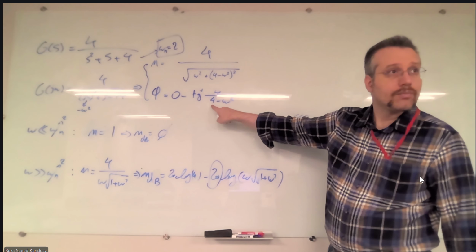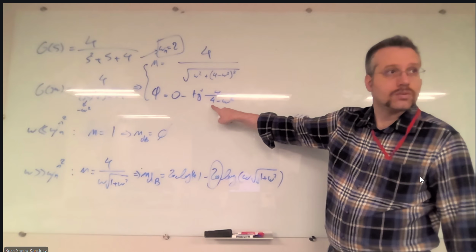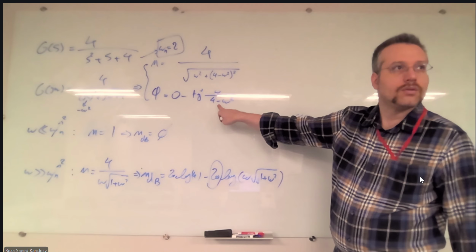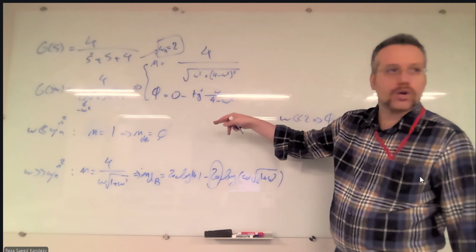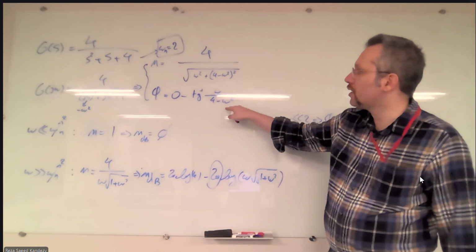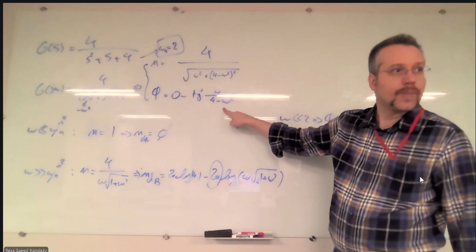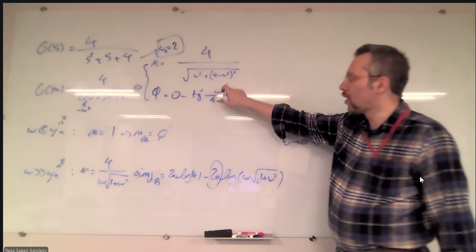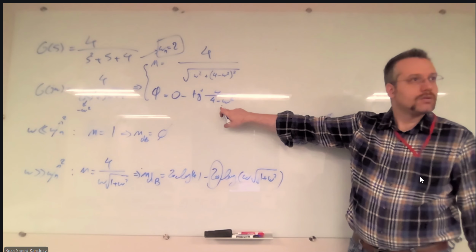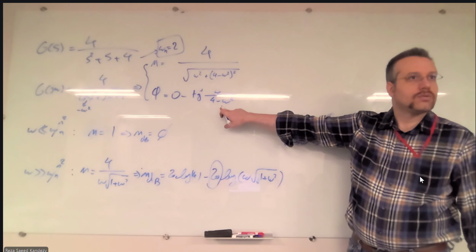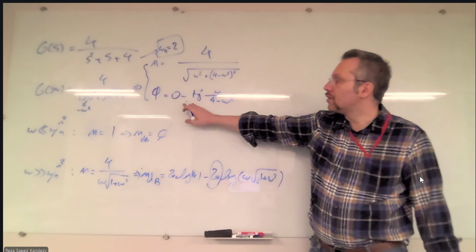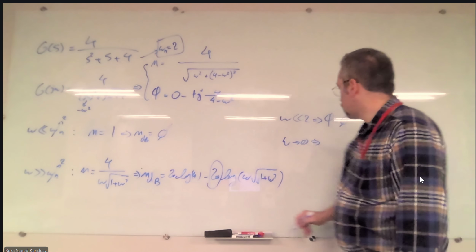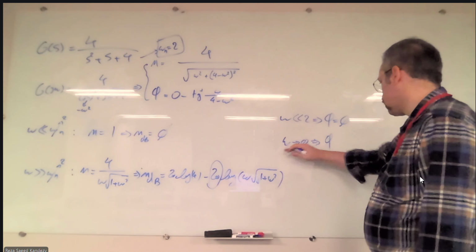We neglect this one because omega is way bigger than 2. Are we good? So we have omega over omega squared, and we have a minus sign here. So we can cancel out one omega from numerator and denominator. So we are going to end up with minus 1 over omega. And we say omega is going to infinity. So it's 1 over infinity, which is 0. Okay? And what is the value? What is the tangent inverse of 0? 0, right? So again, phi at omega above